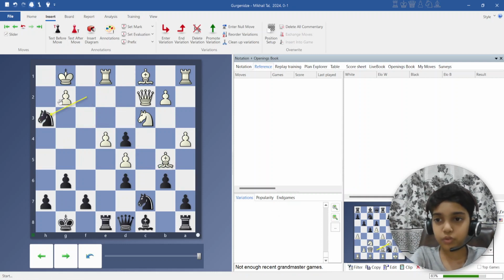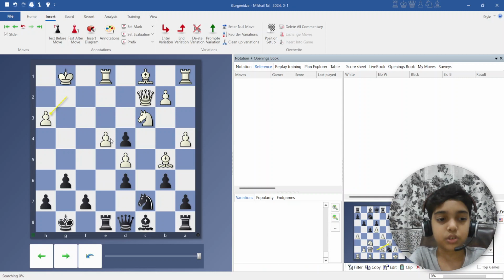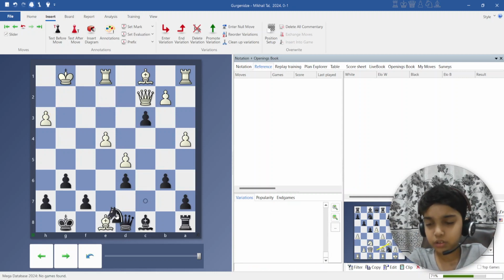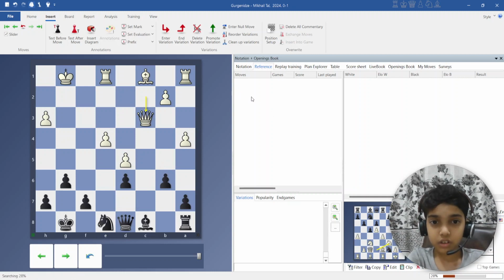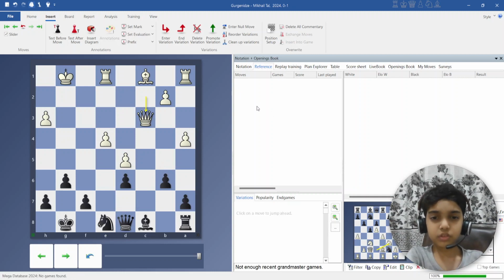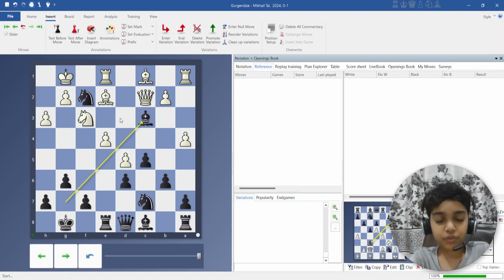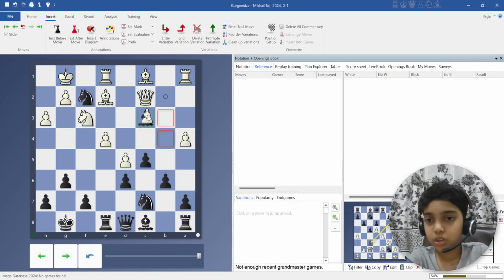Now bishop to d4 would come c into knight into d4, c into d4, bishop to b5, nice move with knight into e3 check, g into h3, d into c3, bishop into e8, knight into e8, and then queen into c3, which is better for white. And if bishop into c3, which is the best move after knight f3, then b into c3,